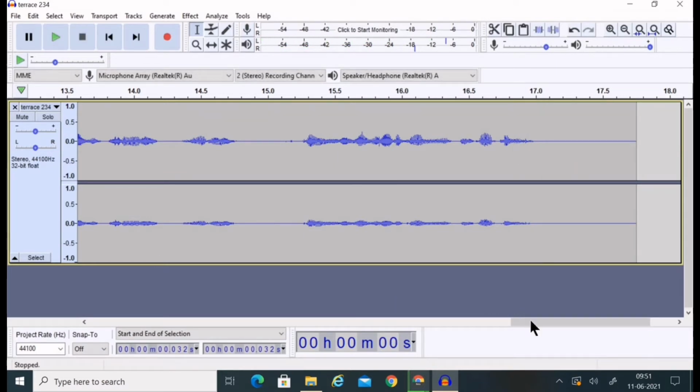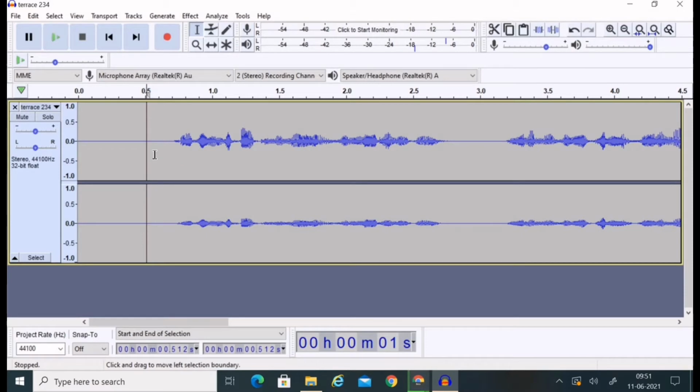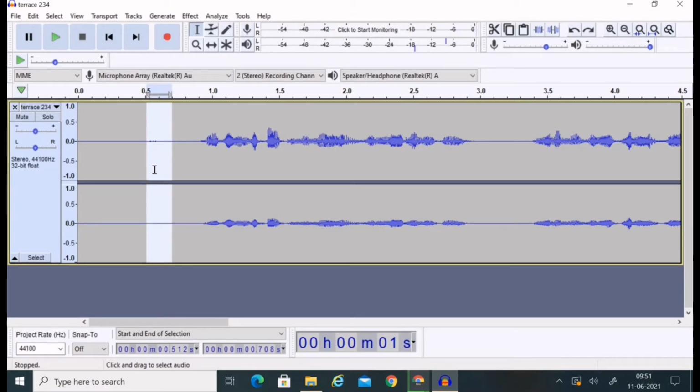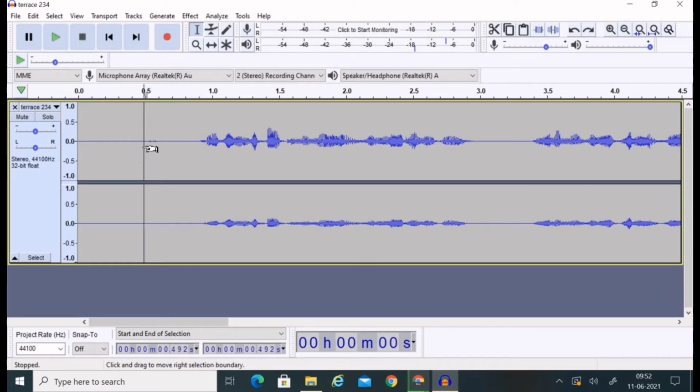There's a lot of difference over the noise portion. Also, if you want to amplify this, now our noise got reduced. See, if there is a portion over here that you want to delete, you can just click on delete. Or if you don't want to delete that, press Ctrl Z and leave it as such. If you want to delete that, press the delete button on your keyboard. So this is also a kind of noise reduction.